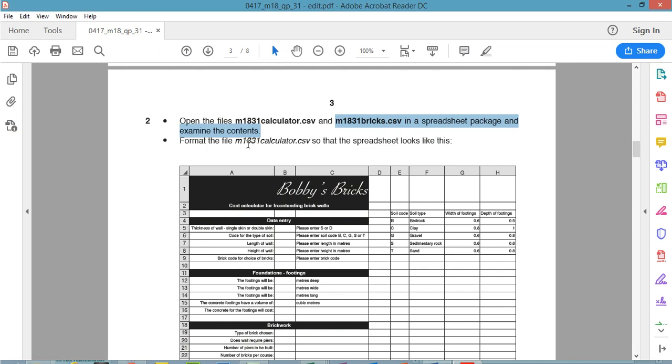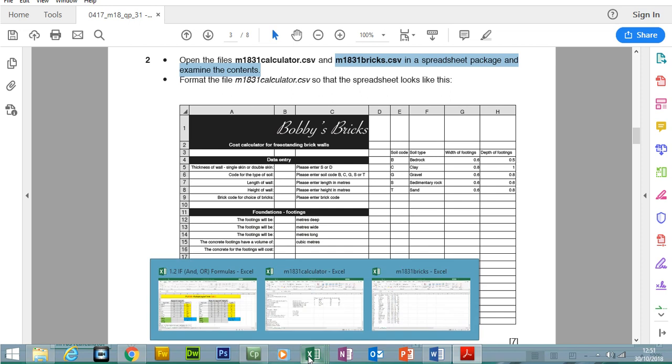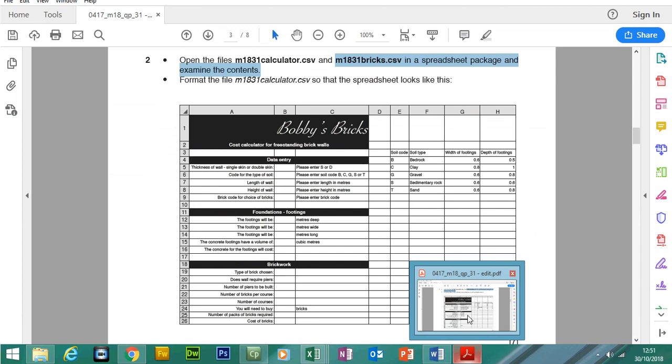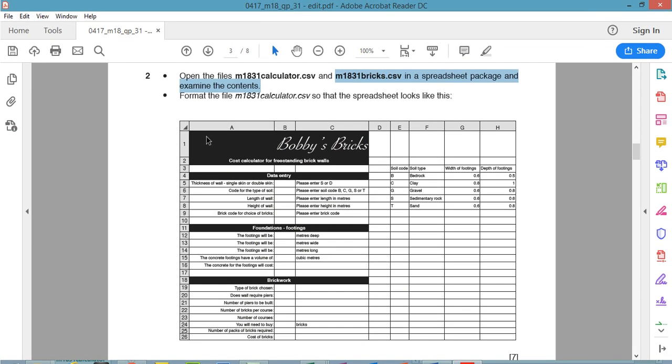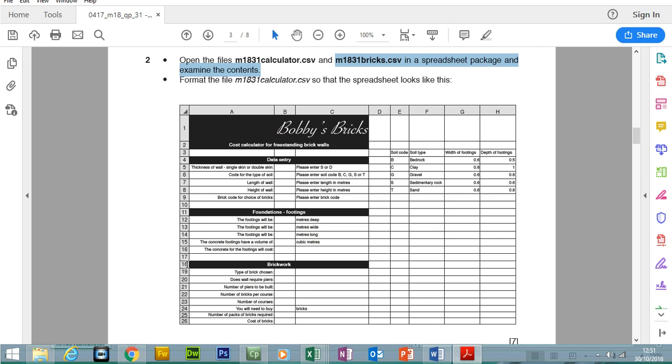Right. Format the file M18 calculator.csv, so the spreadsheet looks like this below. So we need to open up the calculator file first. Okay, and we need to format it so it looks like the picture shown here. As you can see, some rows have had the background color changed to black, and the text color has also been changed to white. So the first and second, 4th, 11th and 18th row, we need to first of all change the color to